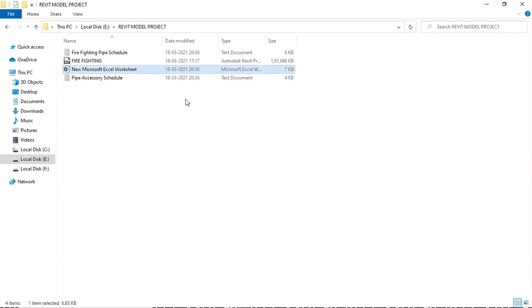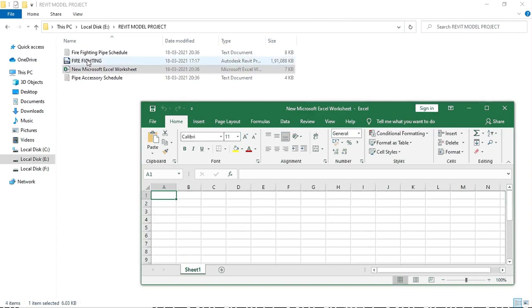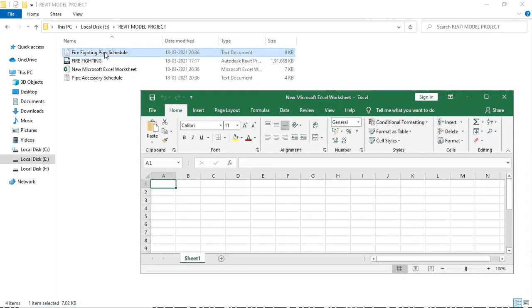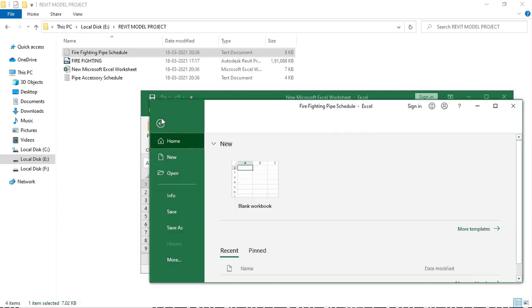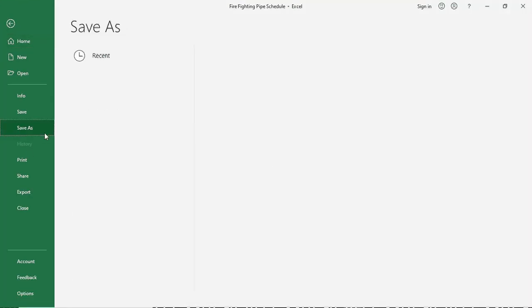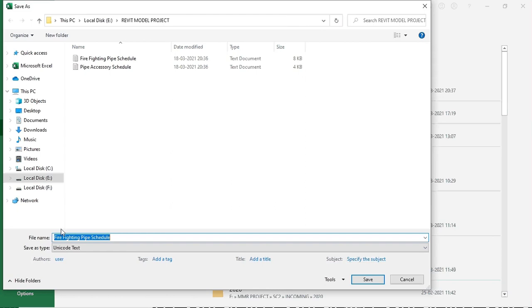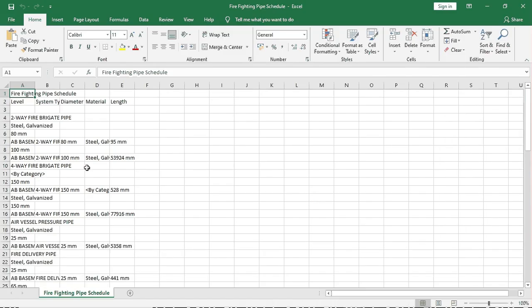Now I can change the Excel format for this type of schedule. Excel workbook.